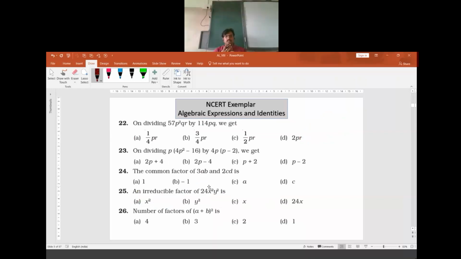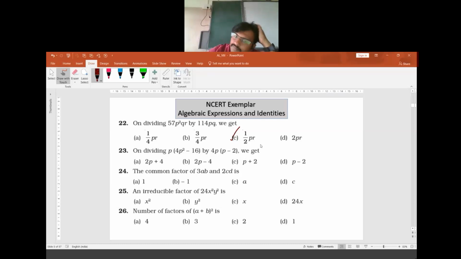Question 22. On dividing 57 p square cube, option C. Half PR. Option C has to be there. P remains, R remains, by 2. Very good. Half PR. Now on dividing P into 4P square minus 16 by 4P into P minus 2, we get